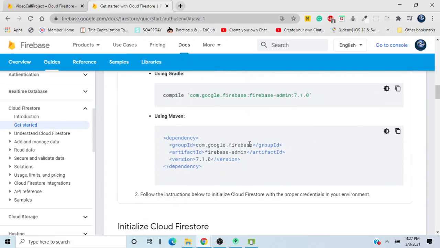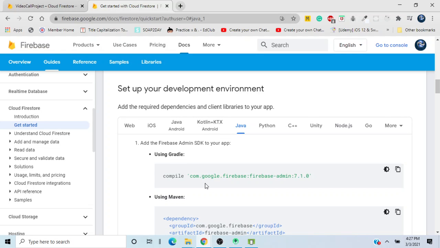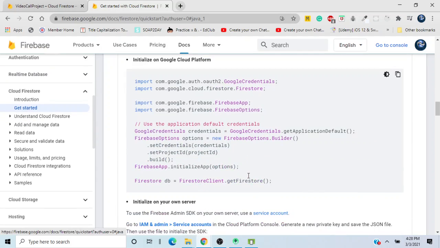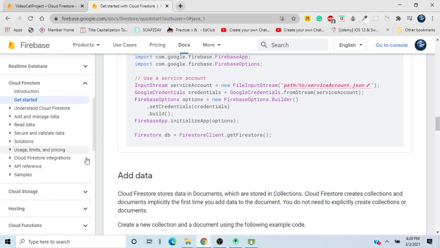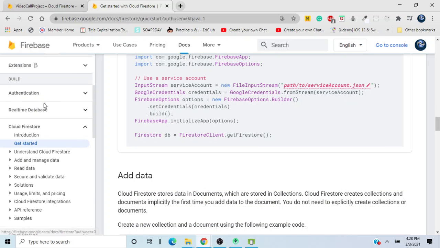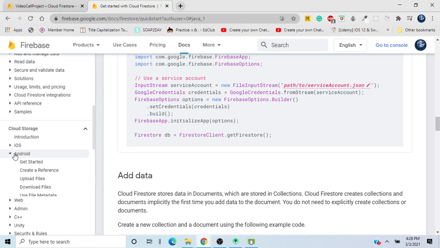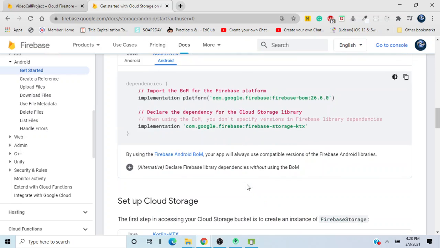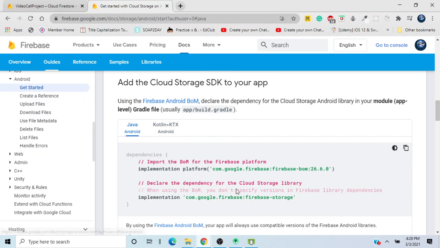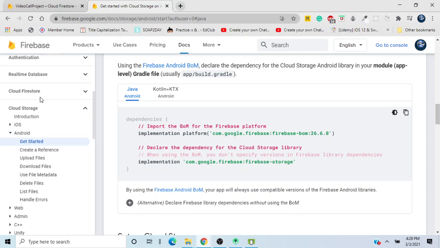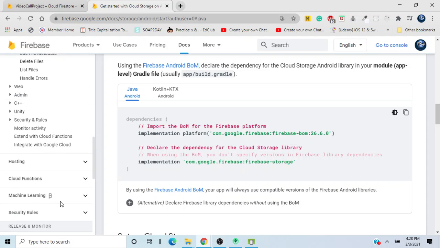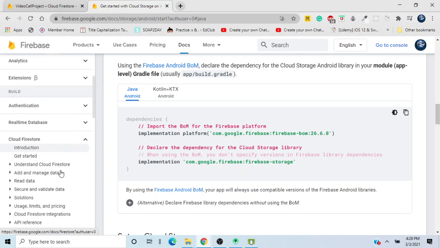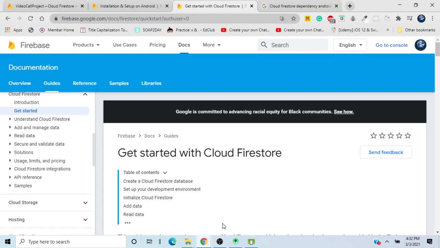Java. Okay. Okay, this is not the thing that I was looking for. Let's look at cloud storage. As far as I know, we should be adding something like Firebase Firestore. Okay, Cloud Firestore is over here. And let me just check that. Okay, for some reason I'm not able to find